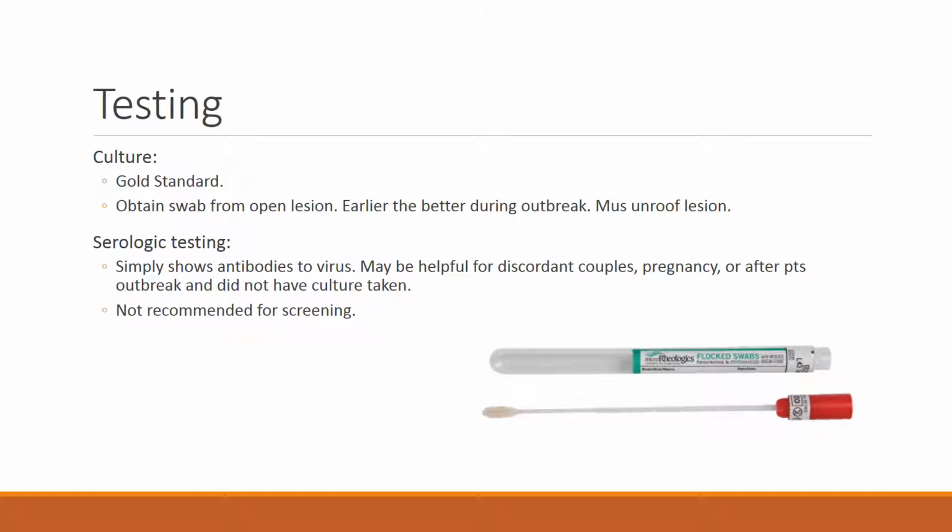You may never have an outbreak, but you have antibodies in your blood. So for people who have never had an outbreak of any lesions, it's probably not the best test to use as a screening test. It causes a lot of concern, and it needs quite a bit of follow-up counseling,